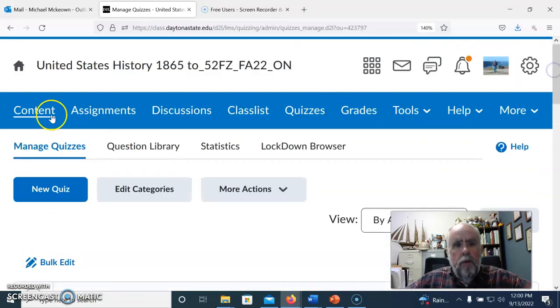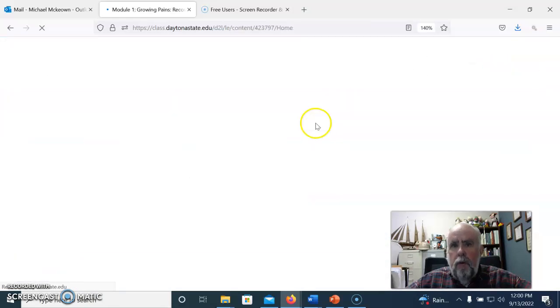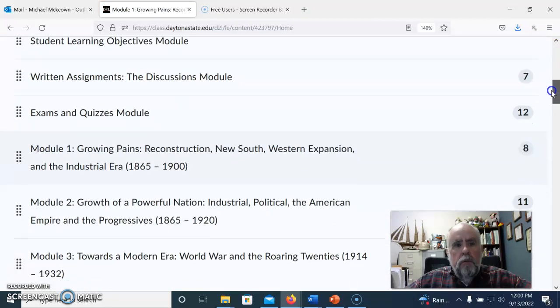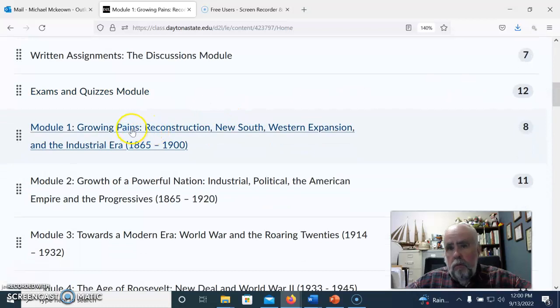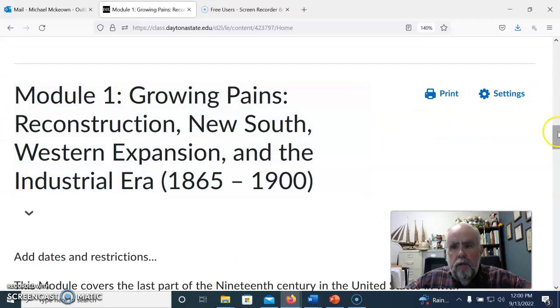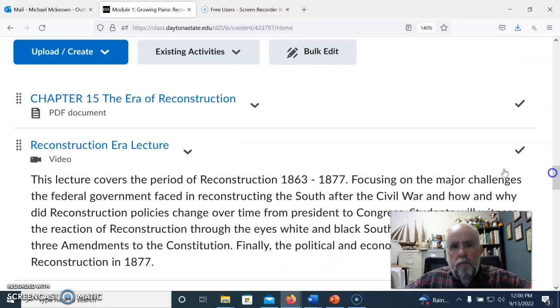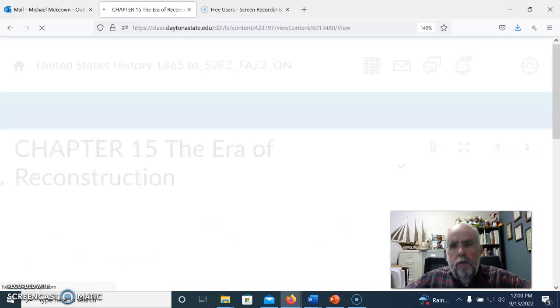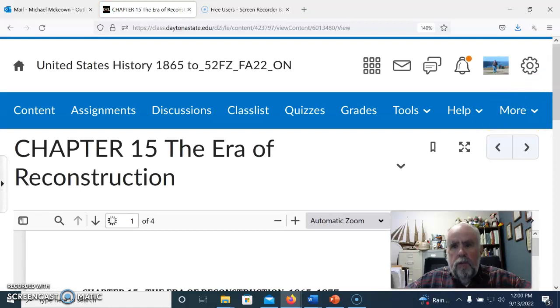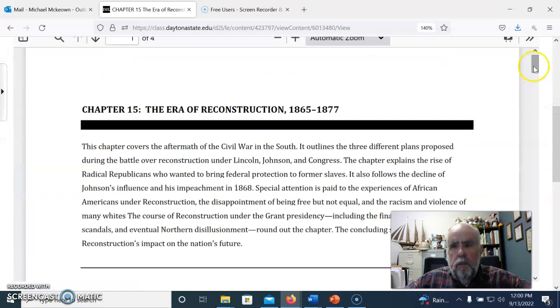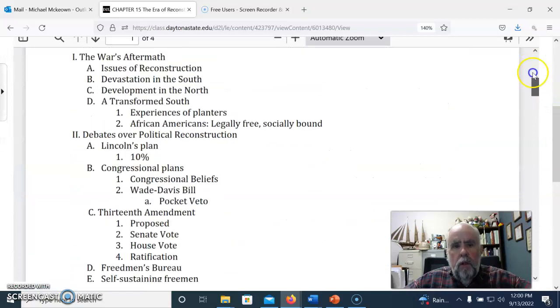To help prepare for it, go to the content section and find the module number that links up with that same exam. Here we see Module 1, similar to the title of the test. Here you will also find the PDF documents for Reconstruction, so let's look at that. This is an outline that you use to help you take notes while you are reading the book, or they also follow along